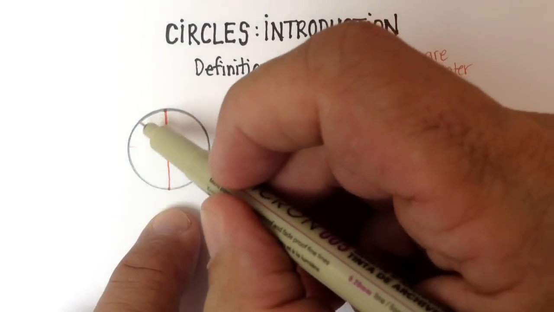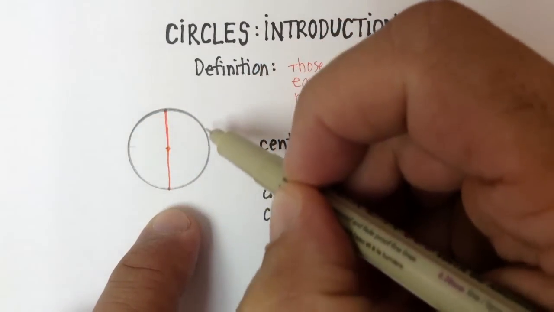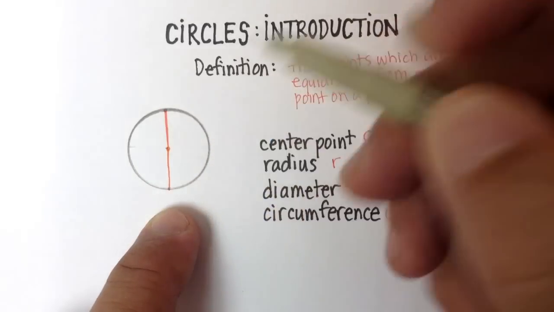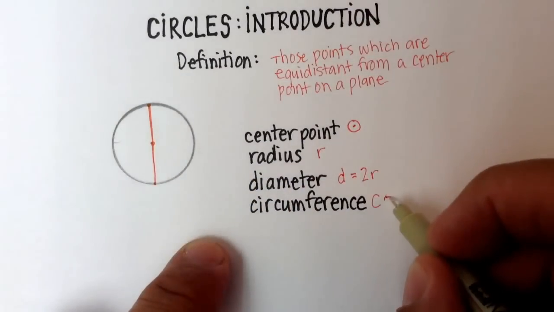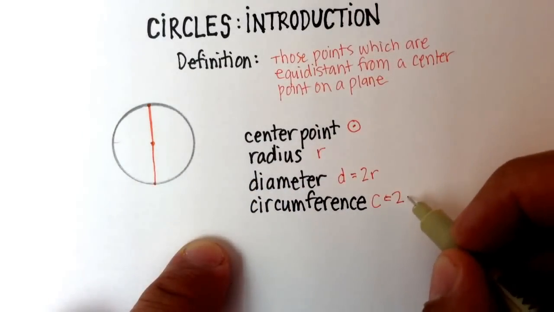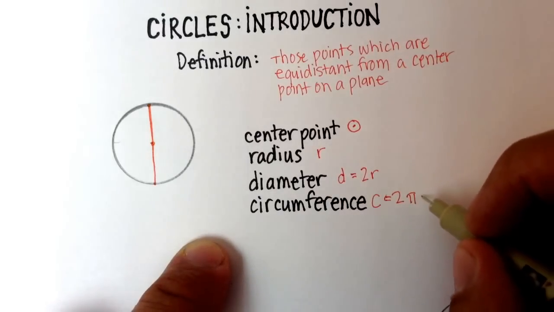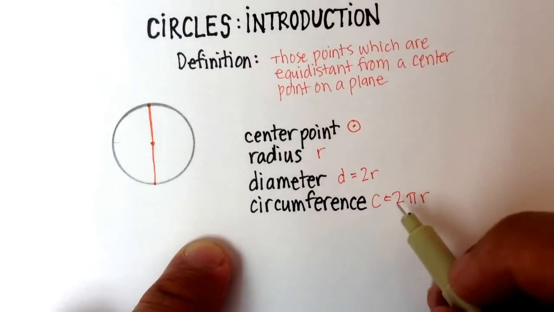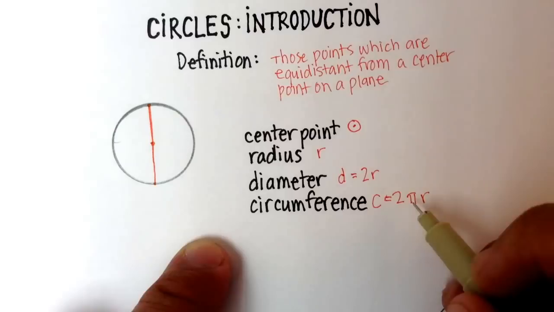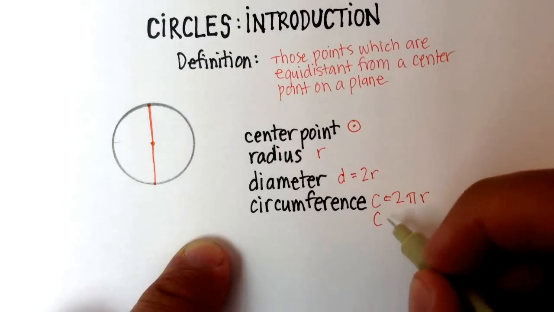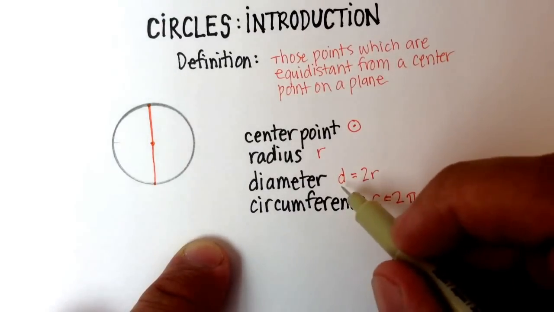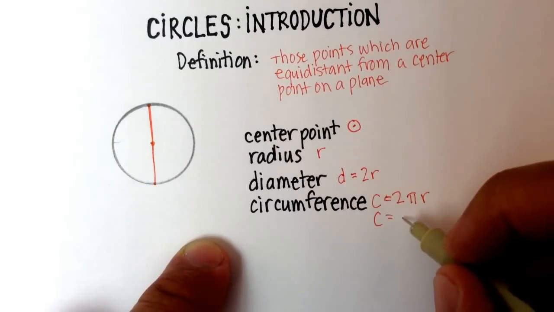Now how do you figure out the distance around that center point, or that circumference? The formula for that is 2 pi, which is a particular number, times the radius. So 2 times the radius times pi. Another way of looking at that: 2 times the radius we know is the diameter, right? So the diameter would be D